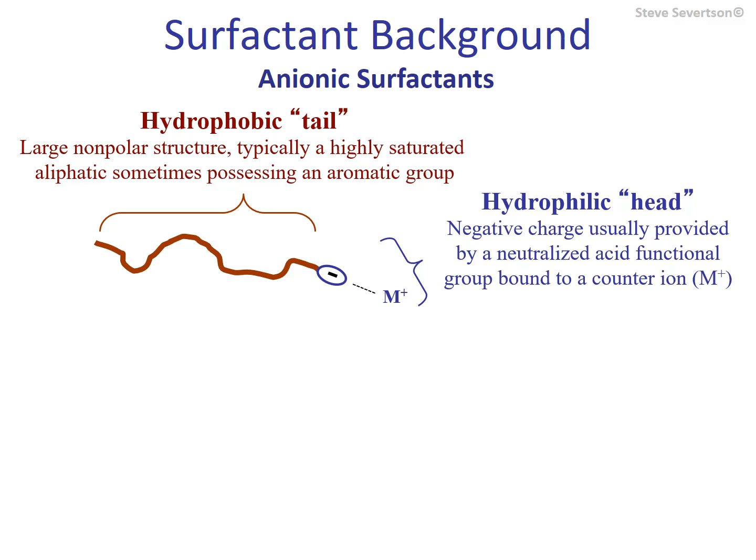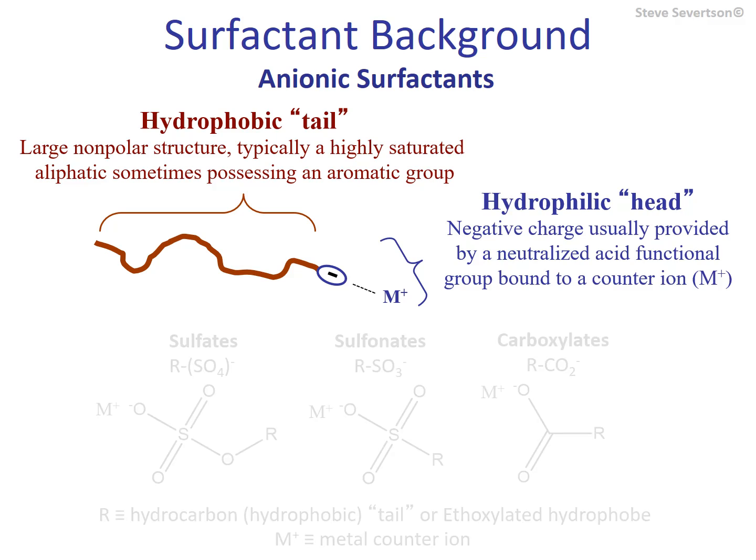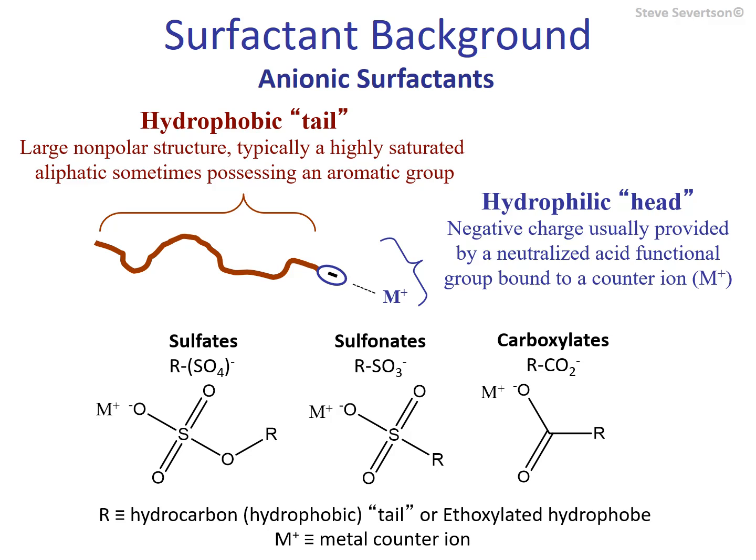Anionic surfactants can be further categorized based on the nature of their hydrophiles, with most being salts of sulfates, sulfonates, and carboxylates. Use of phosphates, which are not shown here, has been reduced significantly over the past decade due to environmental concerns, but they're still available for various applications. Most anionic surfactants are sold in the form of neutralized salts. Capital M superscript plus, or M+, is used here to represent the positively charged metal counterion associated with the